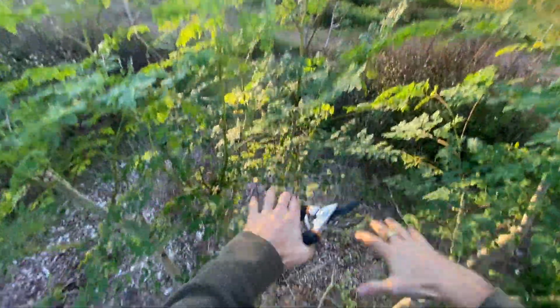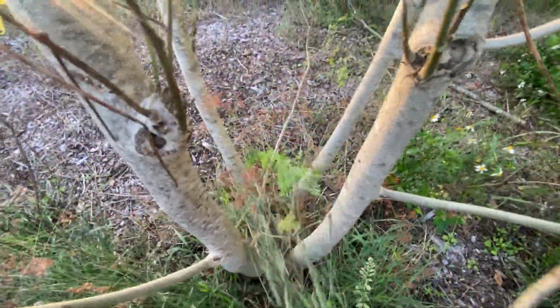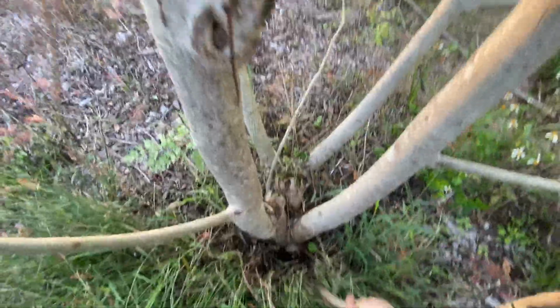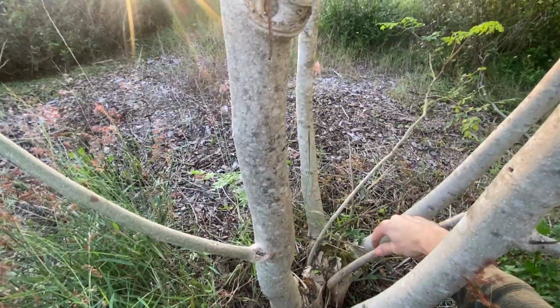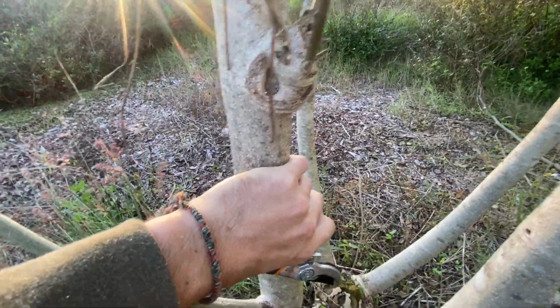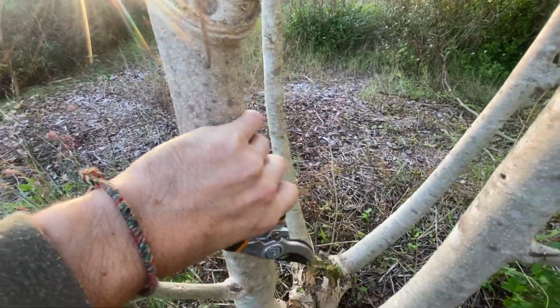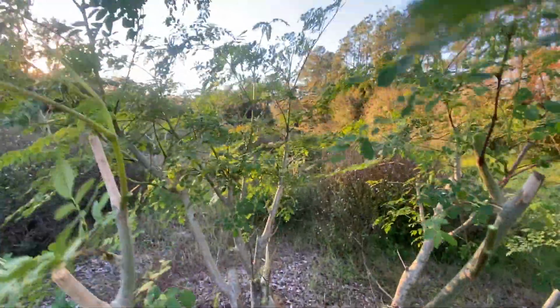And so that really opened up this middle channel right here. Got to have that openness for health, keeping the bugs off the trees, keeps the ants from getting into the middle. Every time we come out to a tree, I like to get any of the stuff off. There's a little straggler right there. Get that trimmed back. There, open this up. There we go. Just to kind of clean up the base. That prevents any kind of ants or bugs or anything living in this dark, wet area that can cause the tree to rot,